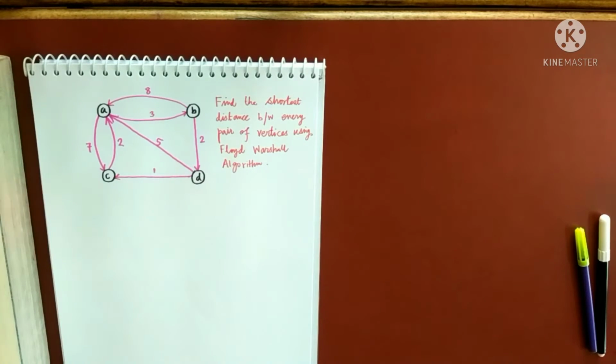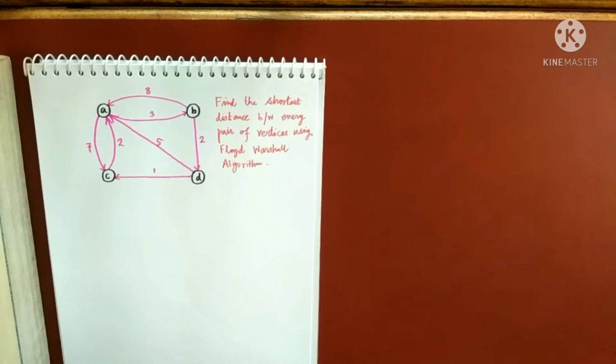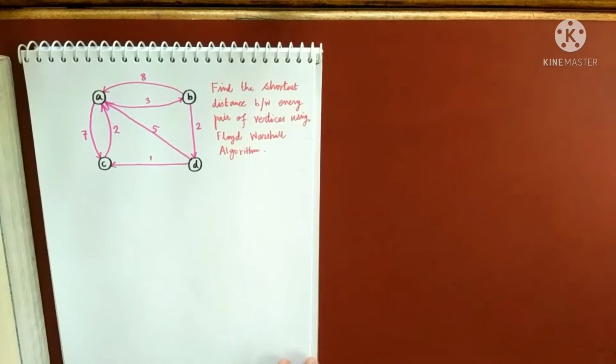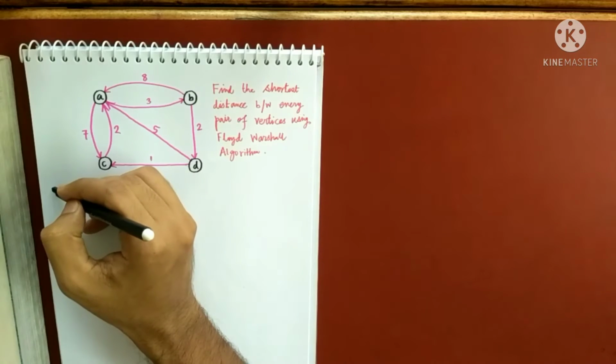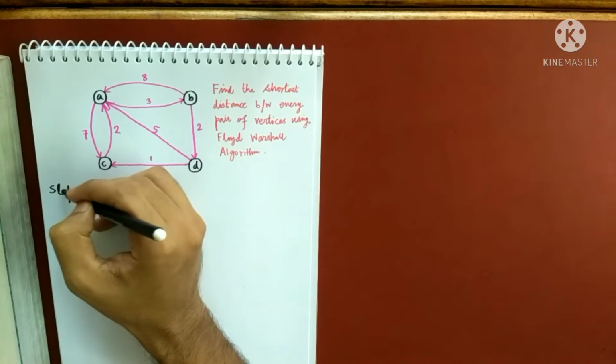So this is the question that is given to us, that you have to find the shortest distance between any given pair of vertices. Okay, so I already explained what is the meaning of shortest distance and why do we need the Floyd-Warshall's algorithm, all those things. So let's start with the process of Floyd-Warshall's algorithm. So what exactly is the algorithm? I'll just explain while doing this question. I'll not write any algorithm or something. So what is the step one?